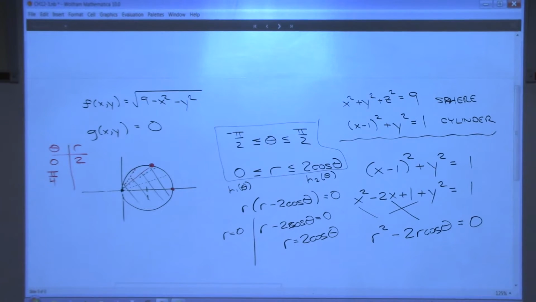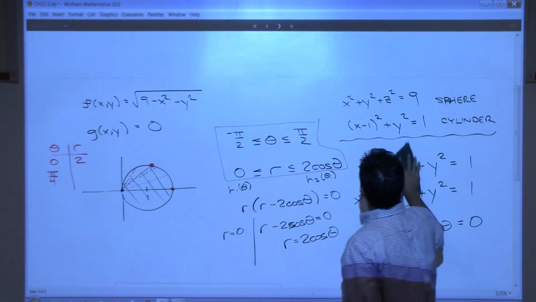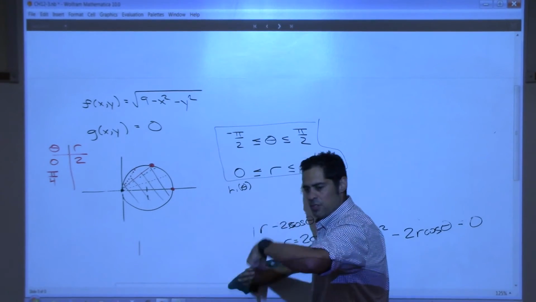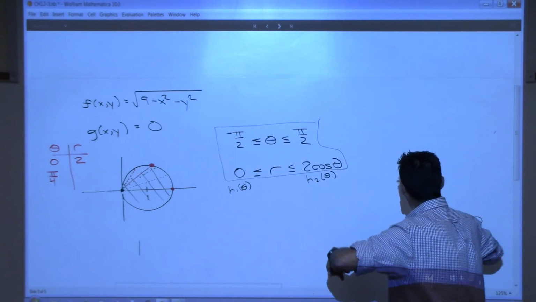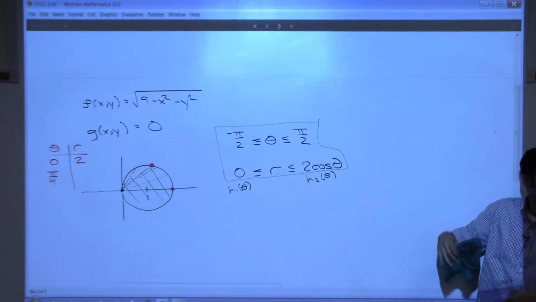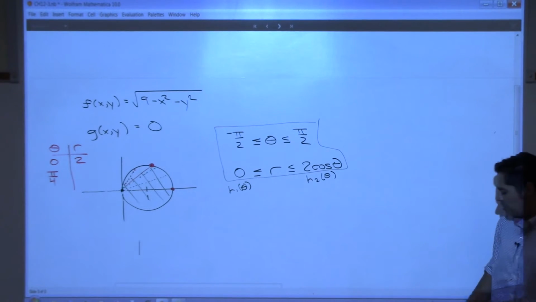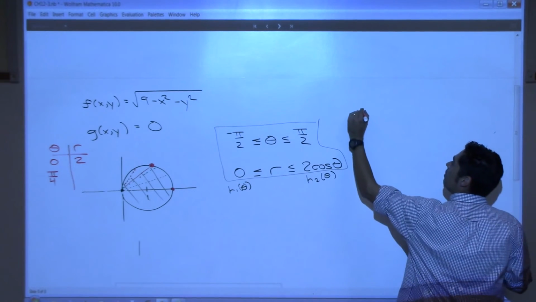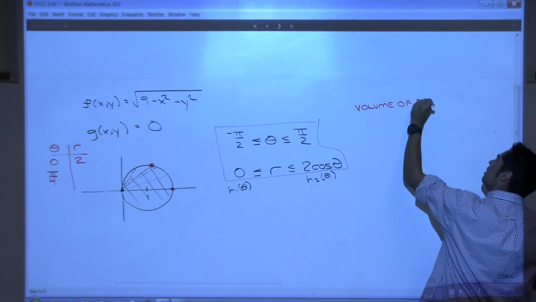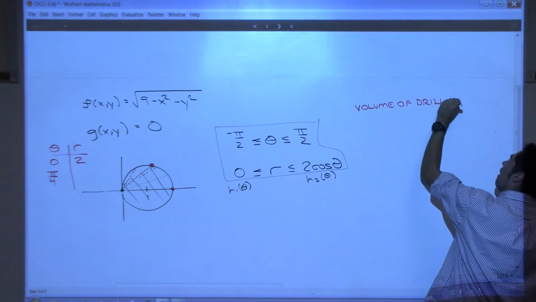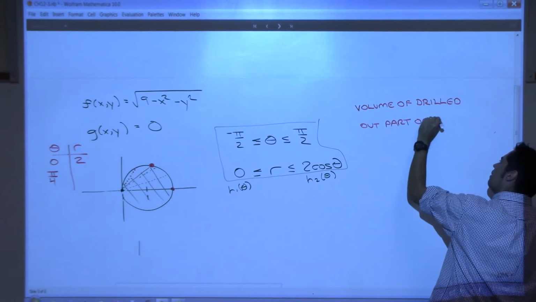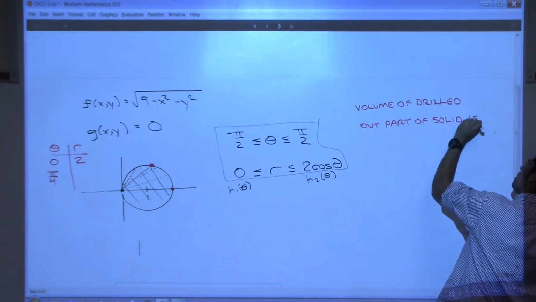All right, now double integral time. What we were going to do is find the volume of the part that was drilled out. And so we decided to take a look at the top cap being the sphere and the bottom being the xy plane and then doubling the answer, right? So the part that we're drilling out, and I'm going to make sure I'm clear on this, the volume of the drilled out part of the solid is